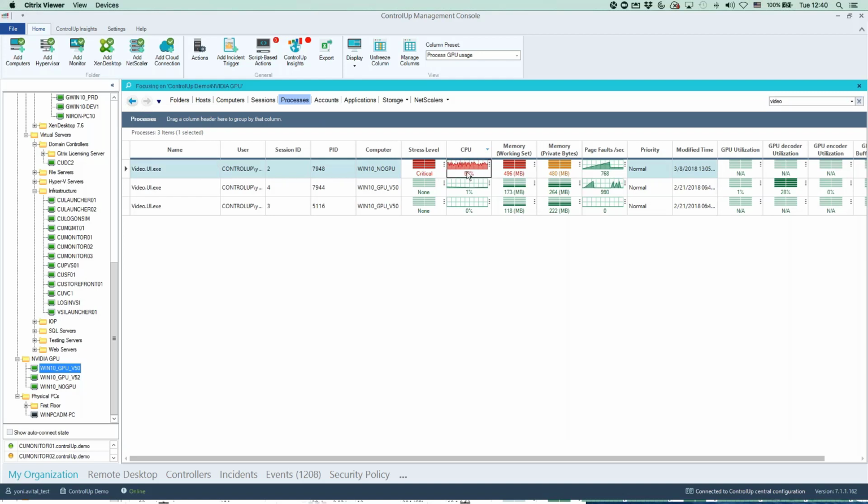It's constantly at 60-70%. And the same process running the same video on the machine with the GPU has really low CPU usage, because the GPU is actually offloading this video playback. And I'm showing you this just to show you how easy it is in ControlUp 7.1 to make sure that GPUs are utilized and go all the way down to the process or application level and see which apps are utilizing the GPU,